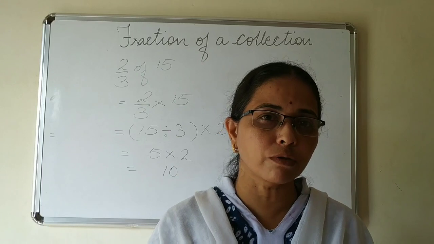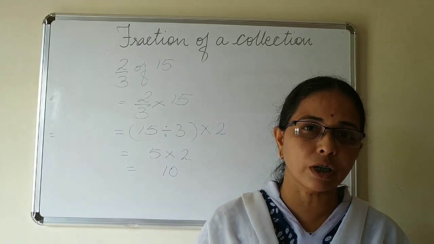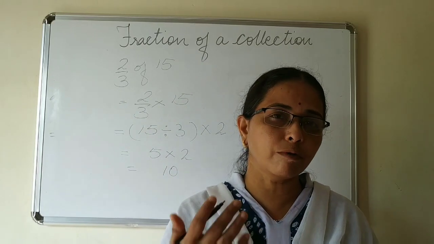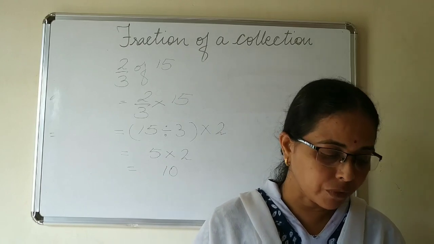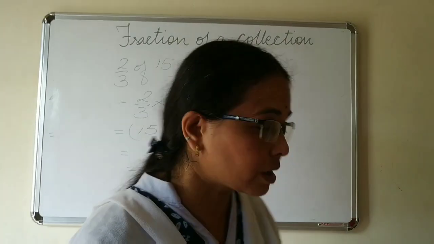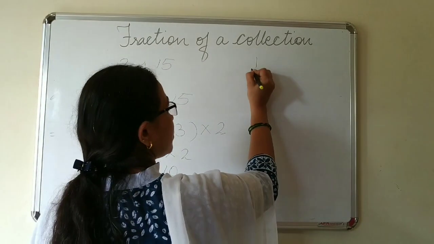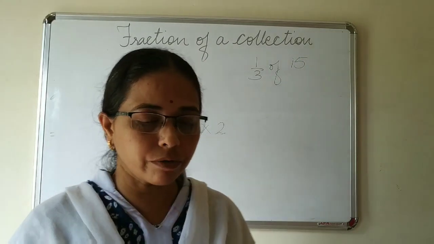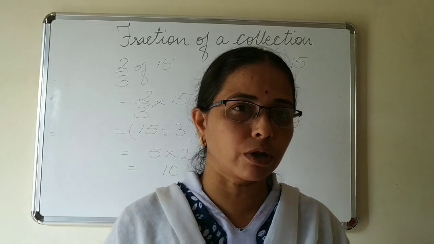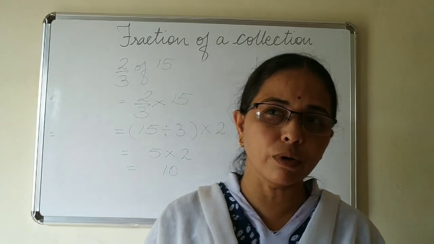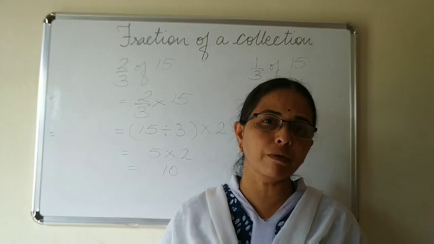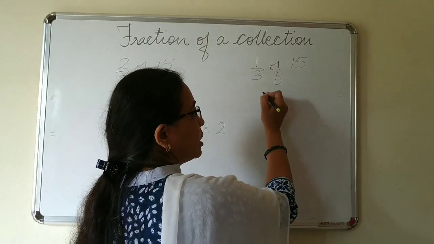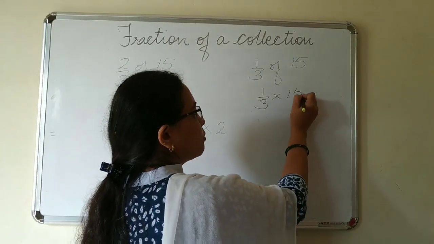These are the counts, the collection of things, and from that collection I am asking for a fraction of it. So I am talking about a fraction with you in that form. Now we'll take another example, 1/3 of 15. You have 15 chocolates, and I ask for 1/3 from it. Give me 1/3 part from 15 chocolates. So how many will you give? You will write this number in this form, 1/3 into 15.